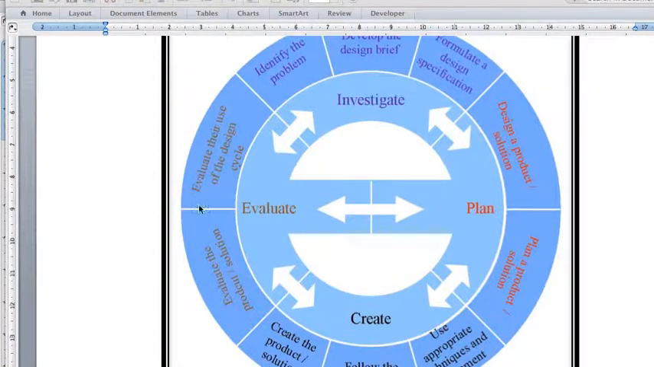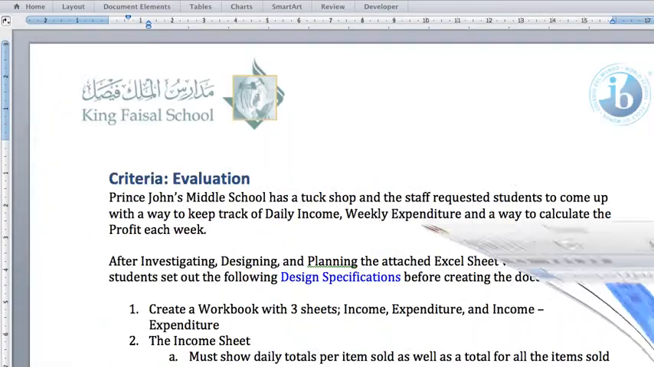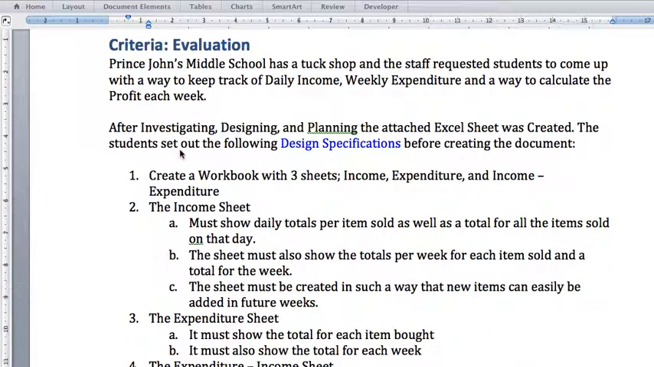Evaluating a section as we've done before, and I'm just going to point out a few things for you. As we go to that section, I've given you a Word document that's in My Documents on each one of your computers, and this gives us the section where we started. It's about a fictitious school, Prince John's Middle School, which has a tuck shop, and the staff requested the students to come up with a way to keep track of their daily income, their weekly expenditure, and a way to calculate the profit